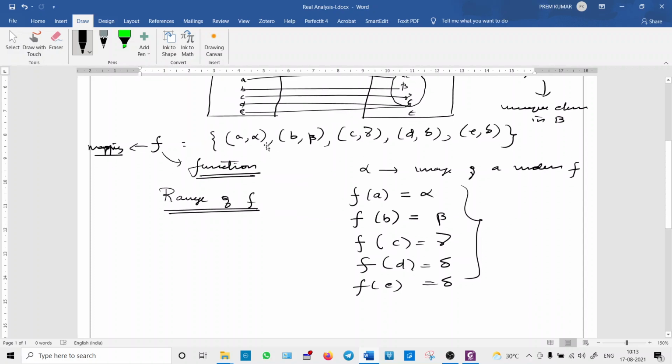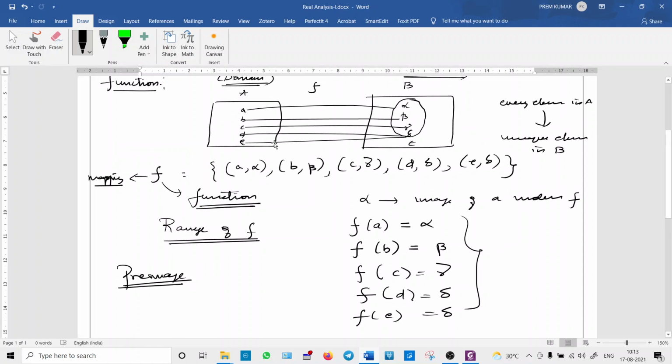Another one, after studying image, next we are going to study pre-image. What is a pre-image? Suppose alpha is an image. What is the pre-image of alpha? You can trace back. A. Yes. From this itself I can say the inverse image or the pre-image. The inverse image of alpha is A. So what is the inverse image of beta? You can see here. Not always can I visualize it; here I am just visualizing this one.